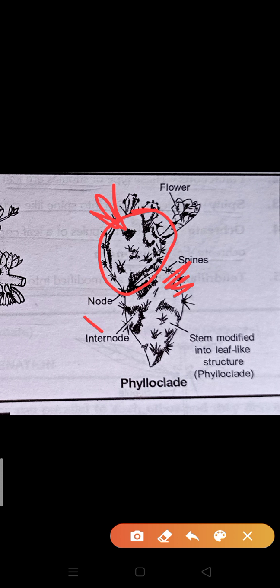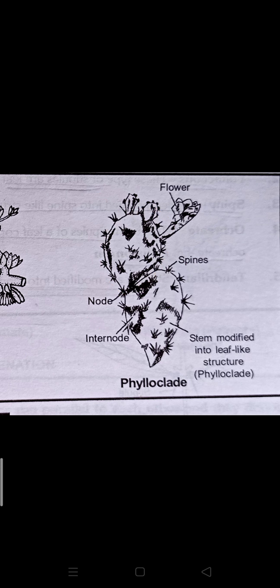Clear? The leaves are modified into spines, as I told you. Examples are euphorbia, cactus. Cactus, I think you all have seen. So in cactus, the fleshy muscular green part is not a leaf, it is stem. And what is the leaf part? Leaf is modified into spines. So I hope that much is clear. Your modification of stem is completed today, and in our next video we will discuss the leaf, meaning modification in leaves.